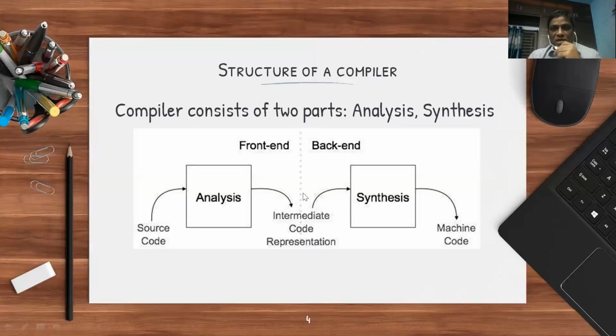So this is what a compiler is divided into. It is divided into two parts: analysis part and synthesis part, where the analysis part converts the source code into intermediate code, and this intermediate code is then converted into machine code with the help of the synthesis part. But then these two parts are again grouped or divided into several phases. So now we will look into what exactly this analysis part is, and then what exactly this synthesis part is. Okay,